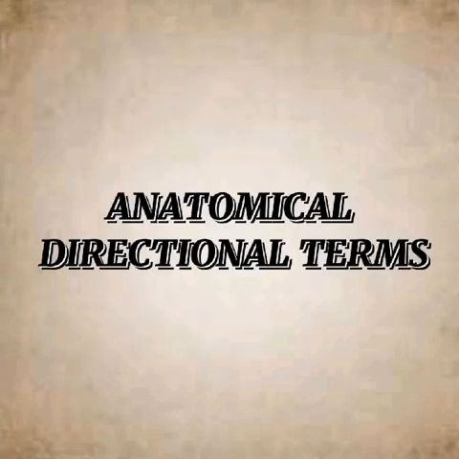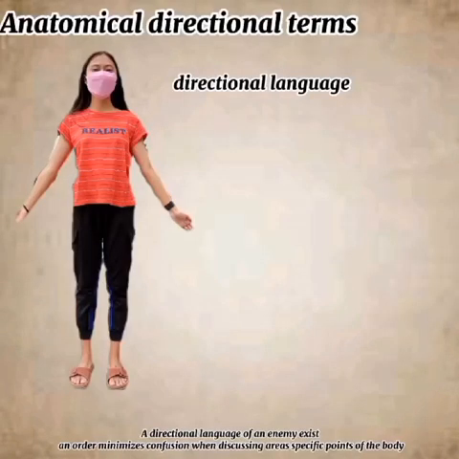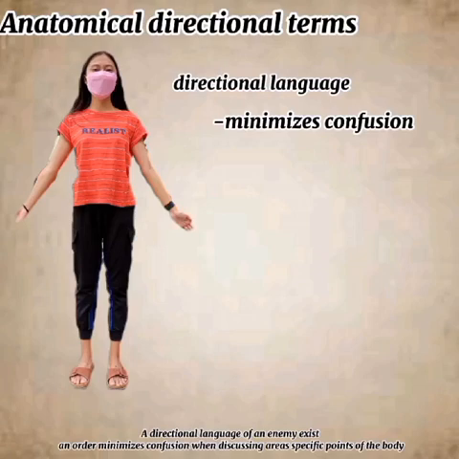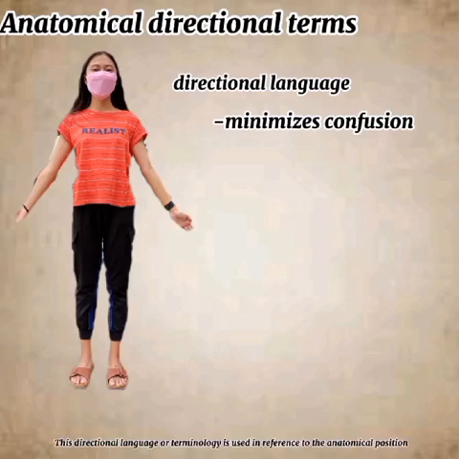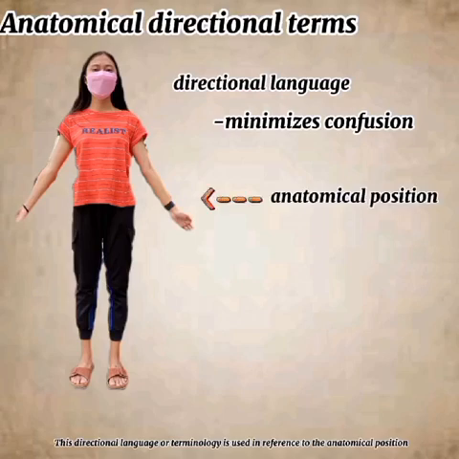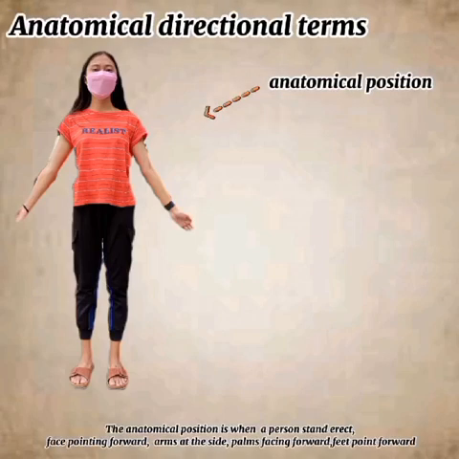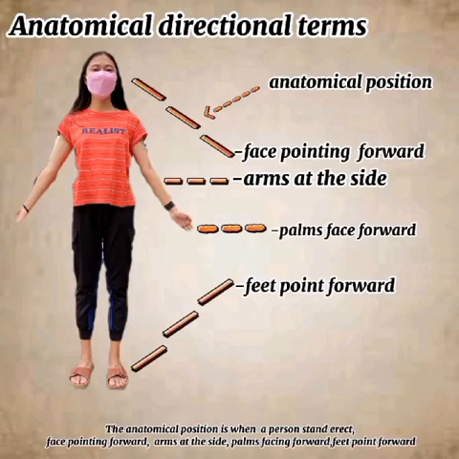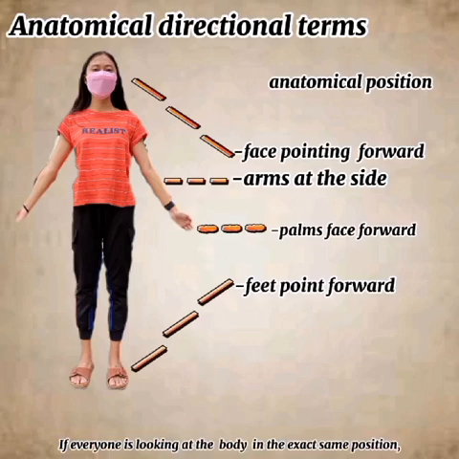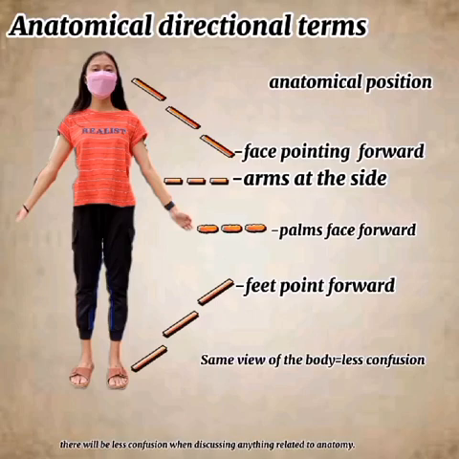Anatomical directional terms. A directional language of anatomy exists in order to minimize confusion when discussing area-specific points of the body. This directional language or terminology is used in reference to the anatomical position. The anatomical position is when a person stands erect, face pointing forward, arms at the side, palms facing forward. If everyone is looking at the body in the exact same position, there will be less confusion when discussing anything